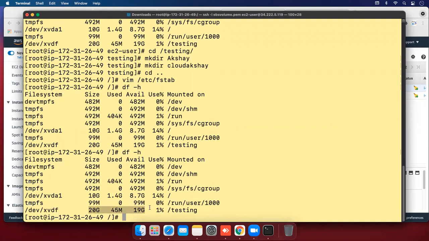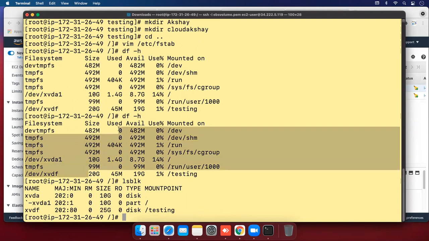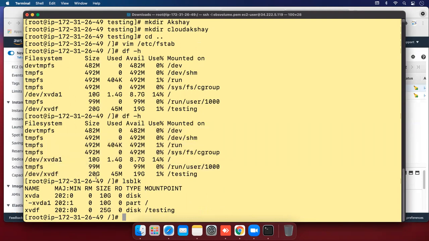How to resize this? If I already resized in the AWS panel and it still shows me 20 GB, then how to resize it? We can resize it. Let's run one more command, lsblk, hit enter and see. You can see the 25 GB disk is here, but in our OS only 20 GB is mounted. So how to mount the remaining 5 GB?